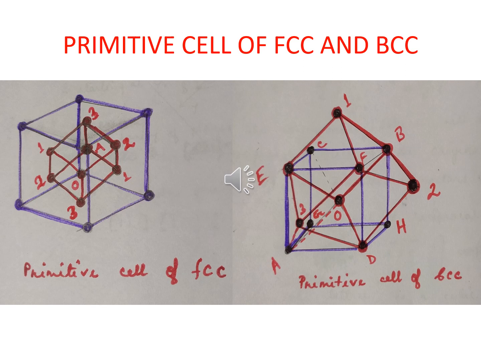Then position 2 denotes the body-centered atom of the unit cell, which is on the right-hand side of the surface FBHD. Position 3 corresponds to the body-centered atom of the surface on the front side, EFDA. So if you take these 3 positions and also the central body-centered atom O, then take the other